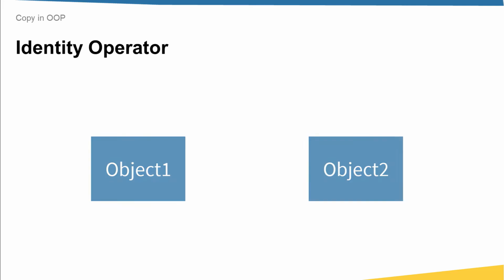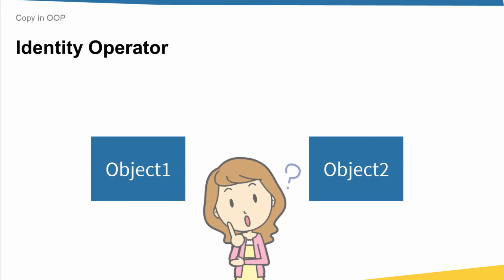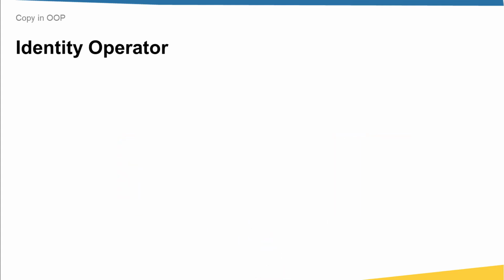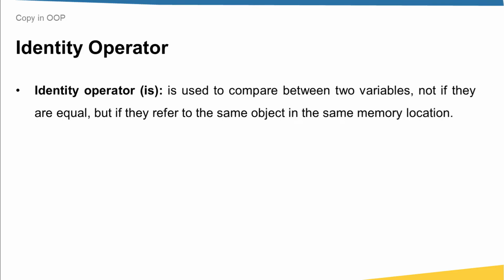Now let's say that you have a complex script and you have two different objects in this script, object1 and object2, and you are not sure if object2 is a shallow copy or deep copy of object1. So how can you be 100% sure about the status of both objects? Very simple. You have to use, in this case, the identity operator. The keyword that represents this operator in Python is